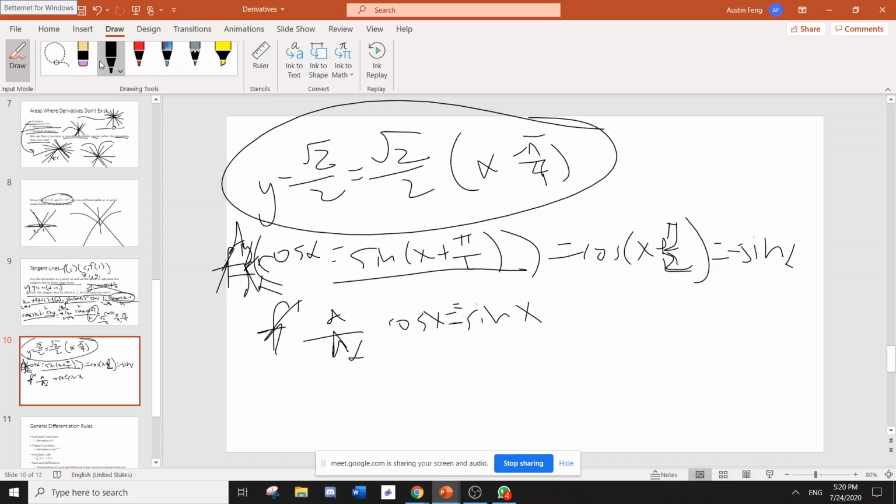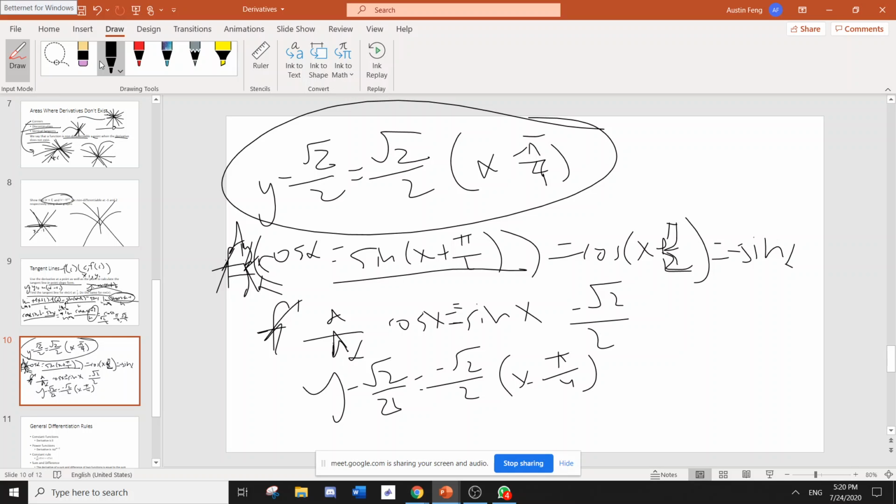And then we find the derivative is equal to negative root 2 over 2. So y minus root 2 over 2, because cosine of pi over 4 is root 2 over 2, is equal to minus root 2 over 2 times x minus pi over 4. Right, and then